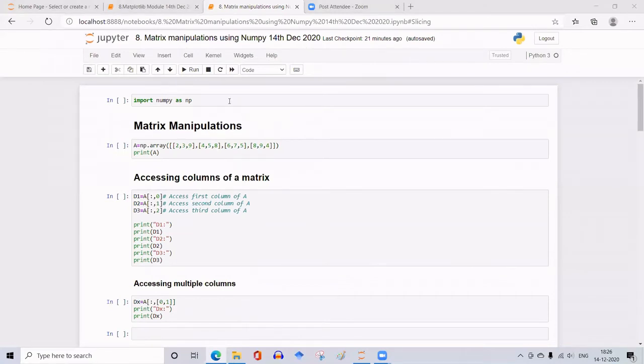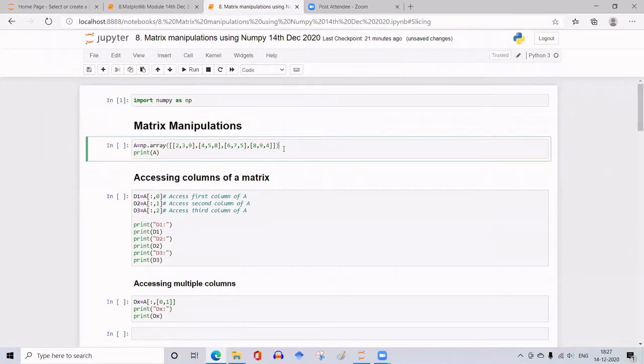First, since we are using the NumPy module, we must import the NumPy module in the short form as NP. So import NumPy as NP. I must run this cell, otherwise I will not get any output in any of the cells. It will give an error, NP is not recognized. So first let me run this cell. Okay, so now I have written it syntactically correct. So it has not given any error.